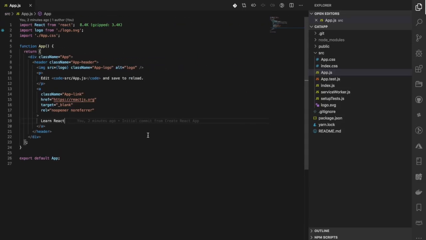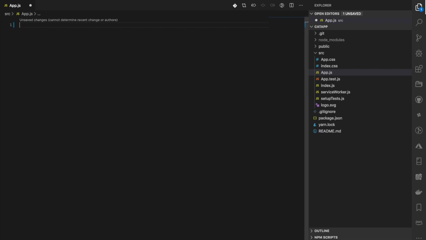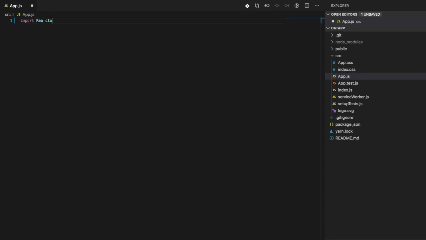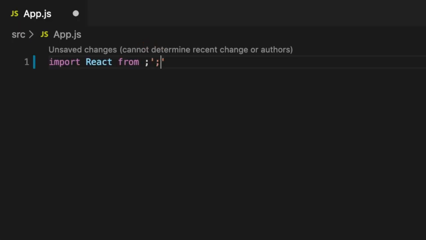Back to the code. Now, once you have this set up, we're going to go back inside that file, which is App.js, and we're going to go here and delete everything that we have here. We're going to start from scratch. Okay, so I'm going to go here. First thing I'm going to do is start by importing React, the entire React library